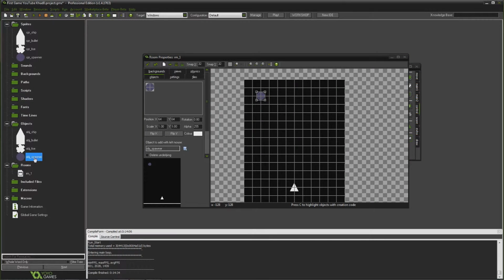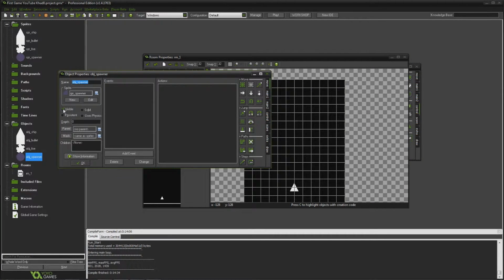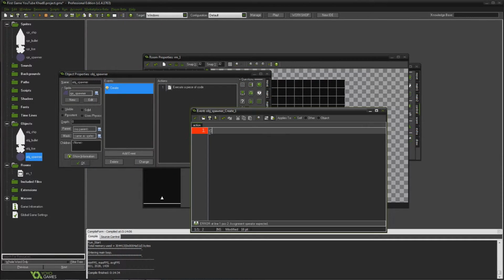And that's how it's going to look. It's much better. You won't see it in the game because we need to remove the tick from near visible and add a create event. Here we're going to write cooldown equals random range from 30 to 40,